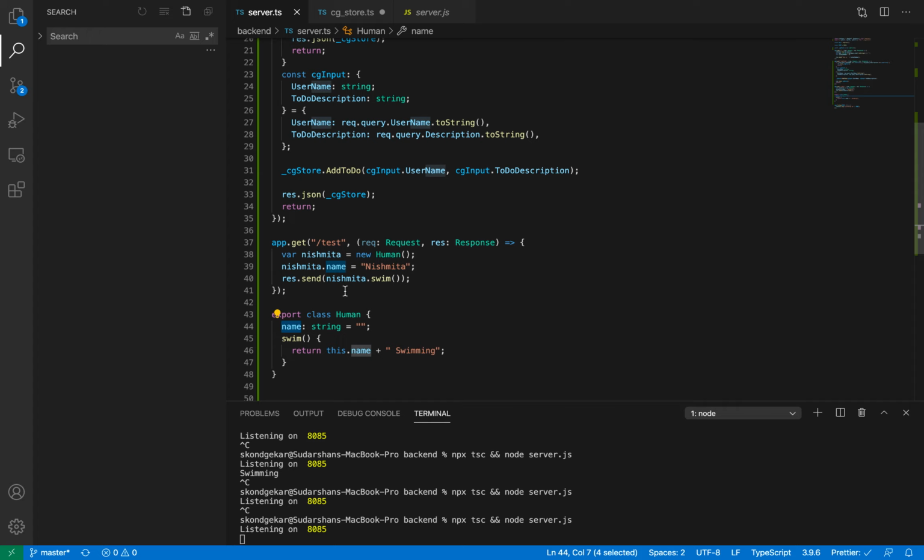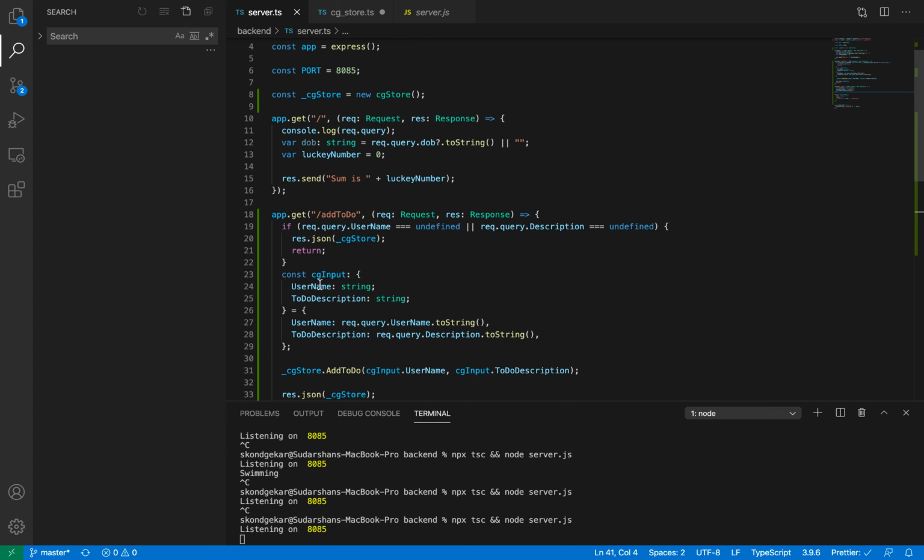But the concept I tried to explain within these few lines, like what is a class and how you can create an instance of that class, that I understood. Okay, so if you understand this much, that is more than sufficient for a beginner. And when you practice, you will understand it very well.